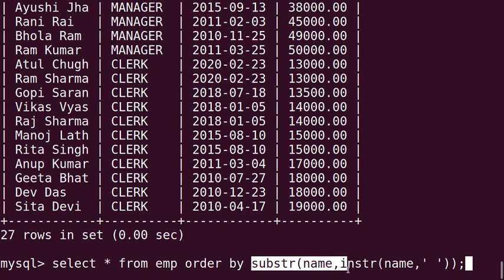If we give that, then all the letters after the space within the name will be printed, right? So the whole expression gives us the surname from the name field, right? So see the output.